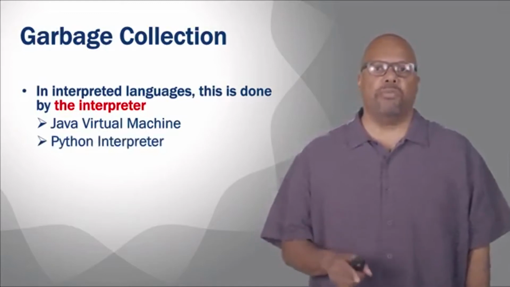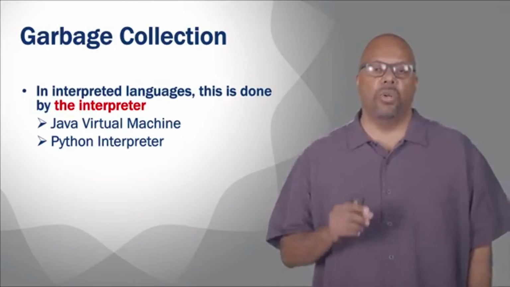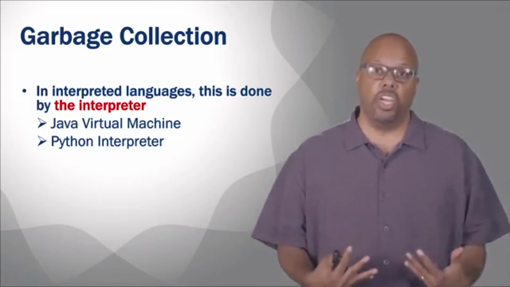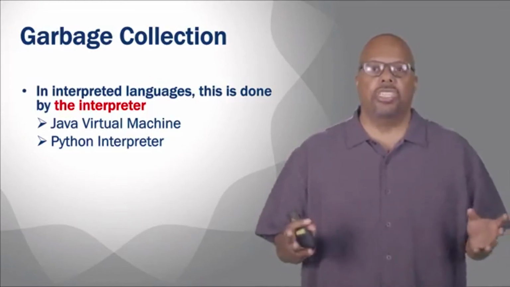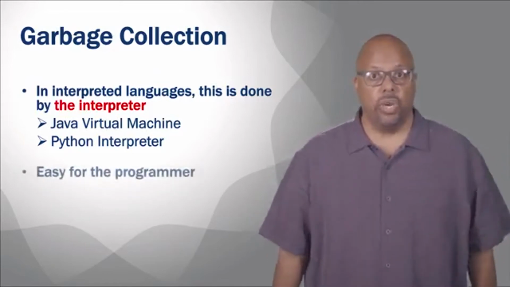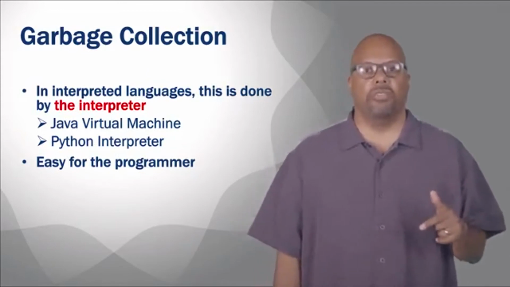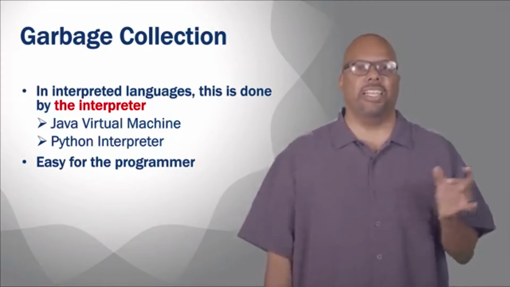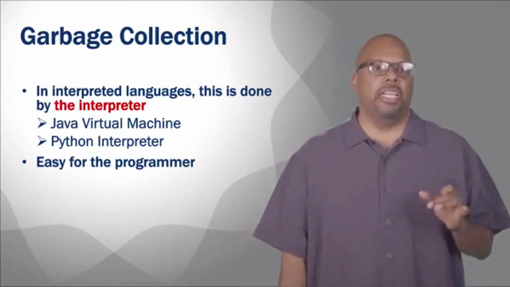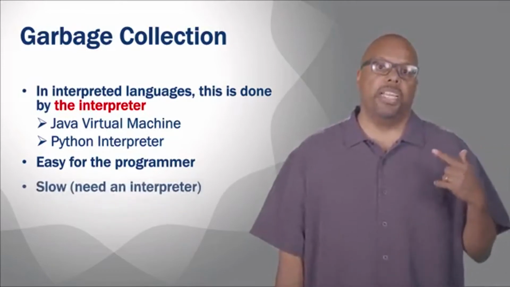And it keeps track of these pointers, and it determines when a variable is not in use anymore and when it is. And once it determines that a variable is definitely not in use, there are no more pointers, no more references to that variable, then the garbage collector deallocates it, only when all references are gone. So this is nice. Garbage collection is a nice thing. It's easy for the programmer, right? The programmer doesn't have to worry about exactly when to do deallocation and when not to. Believe me, deallocating memory is a big headache in other languages, say C or something like that. But it requires an interpreter.